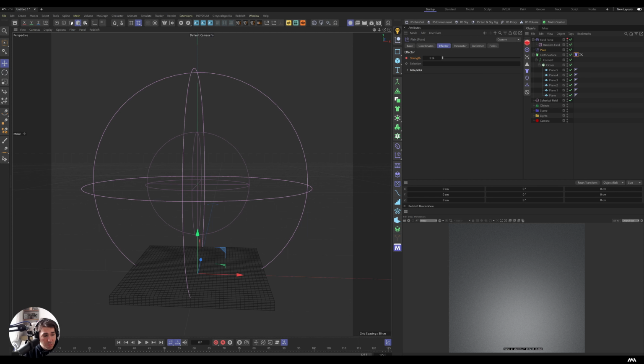Now I have a keyframe for this initial position, and I move it to 50 frames, and I'm gonna change this to 100%. Confirm that keyframe, and then I move it back down to 100 frames and change it back to 0. So now when we look at the animation,